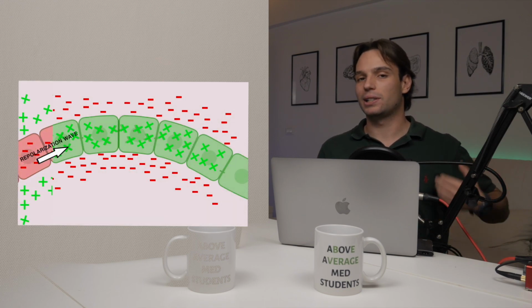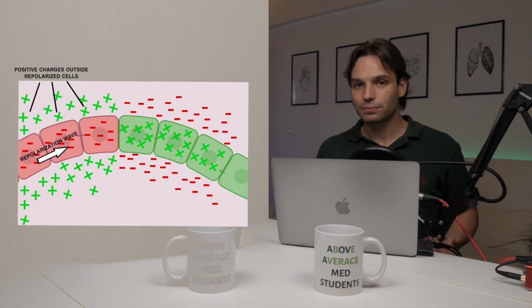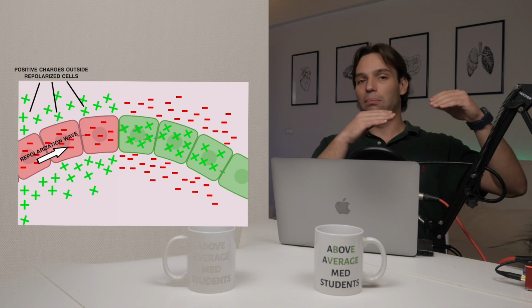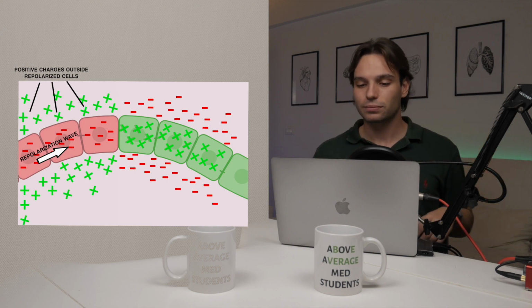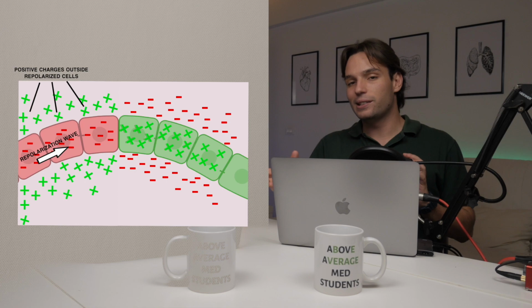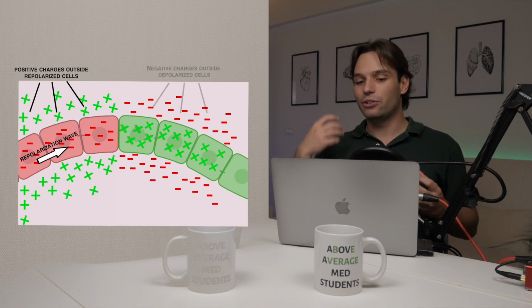A repolarization wave will do exactly the opposite. It will leave behind repolarized cells that have positive charges outside the membrane, because they are becoming more negative inside and leaving positive charges outside. At the same time, the repolarization wave is moving towards cells that are still depolarized and thus have negative charges